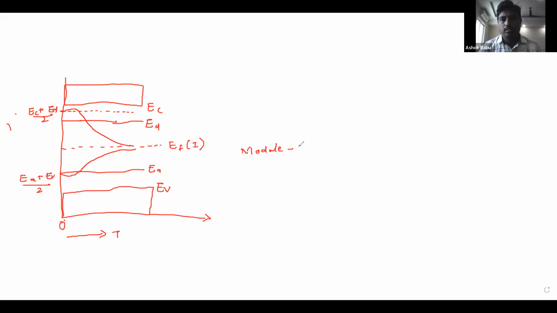Module 3, we have lasers and fiber optics. Lasers and optical fibers. So coming to the lasers,